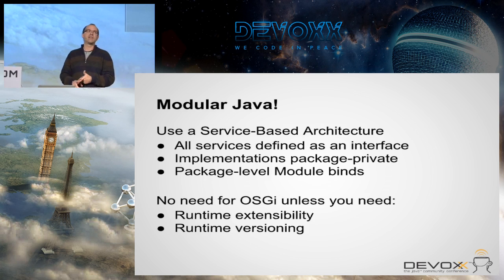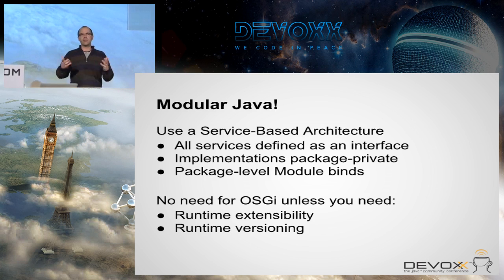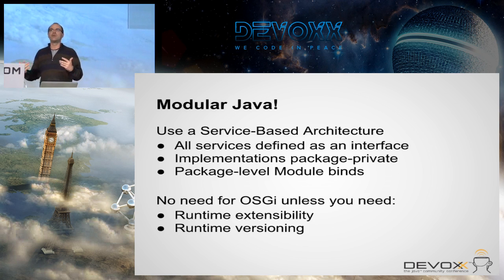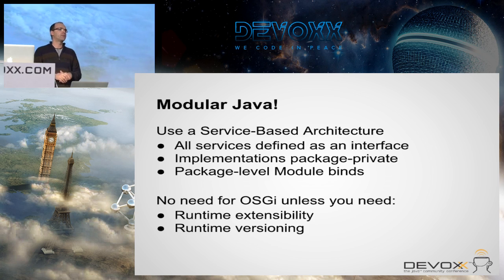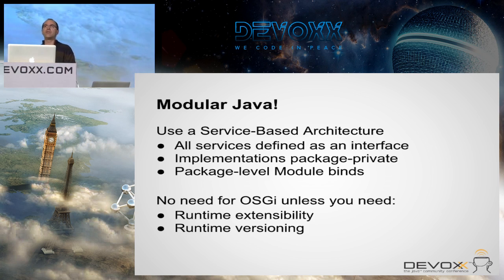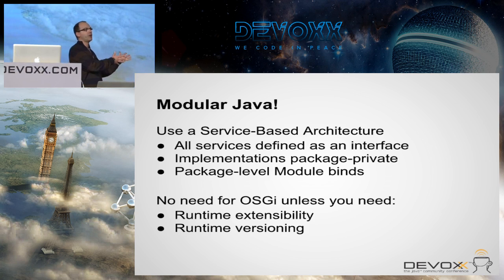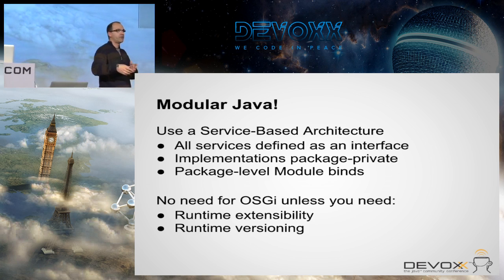One is runtime extensibility. Say you have a plugin architecture, like Eclipse, for instance, and you want the ability to bring new modules at runtime into your environment, to load new classes, new jars, then you need something like OSGi. Or maybe you have a versioning problem. You may have part of your application using version X of a library, another part of the application using version Y of the library,